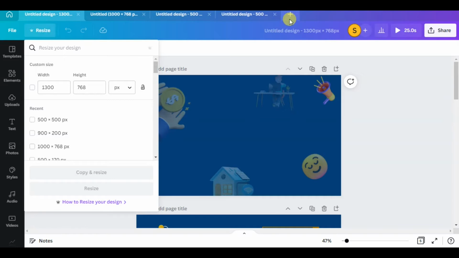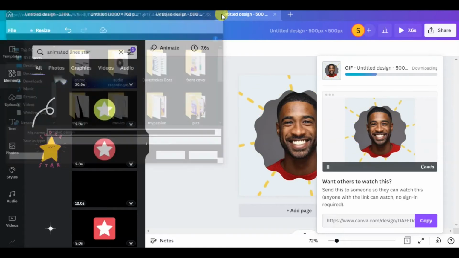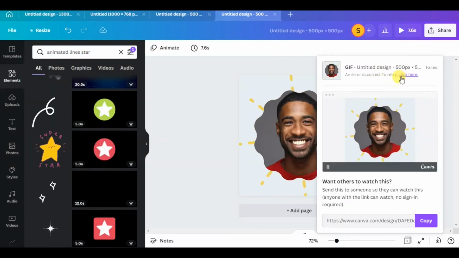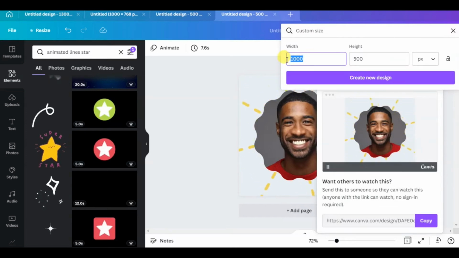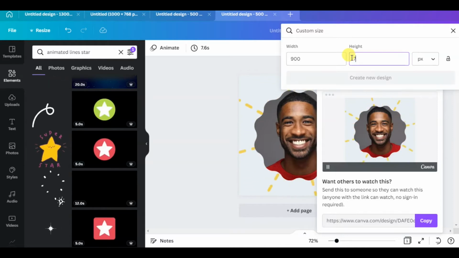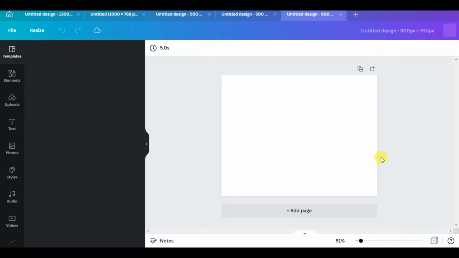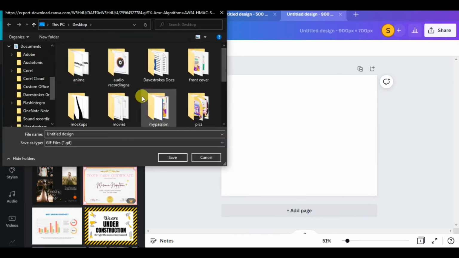Oh, I forgot I was going to try exporting that again, and while doing that I'm just going to create a custom size, 900 by 700, create new design, and this is it.